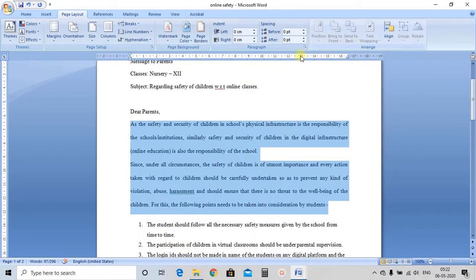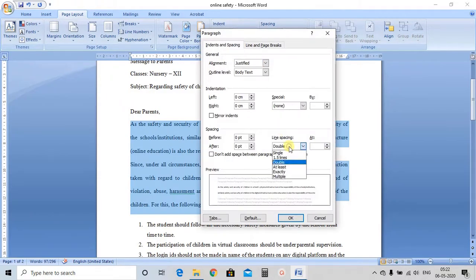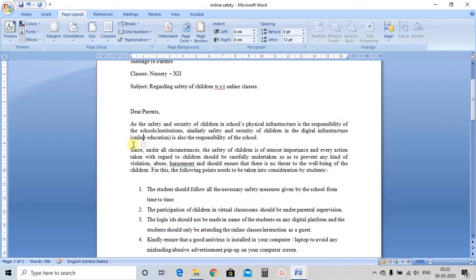Sometimes it happens that you have chosen the line spacing as single, and here in the spacing part you will see 12 written, and there is a space coming, so you won't be able to reduce this space.